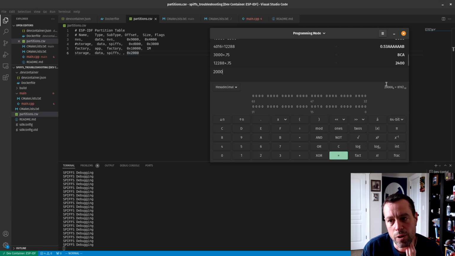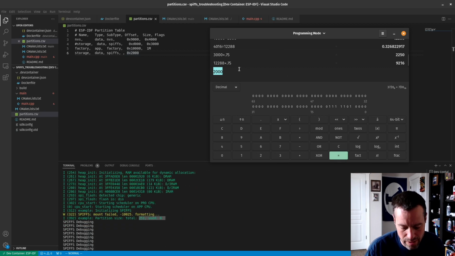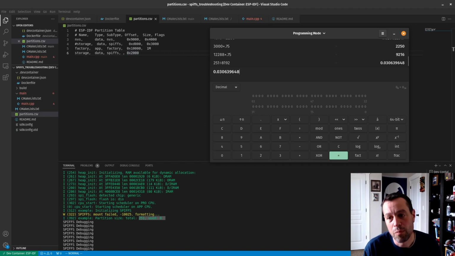So 8,192 bytes. Let's change it back to decimal. 8,192 bytes. I got what was it again? 251. 251 divided by 8,192. Yeah, I'm getting 3% of the partition for file storage, which again, where I was going was, is that a bug? No, it's just